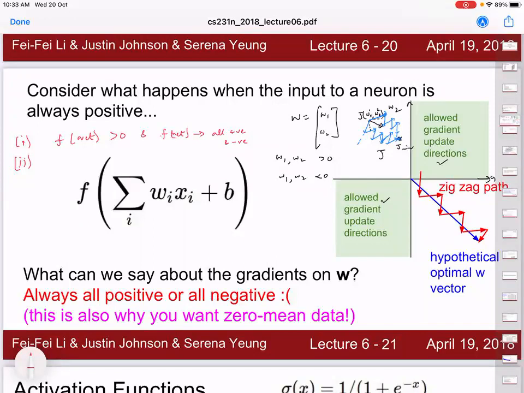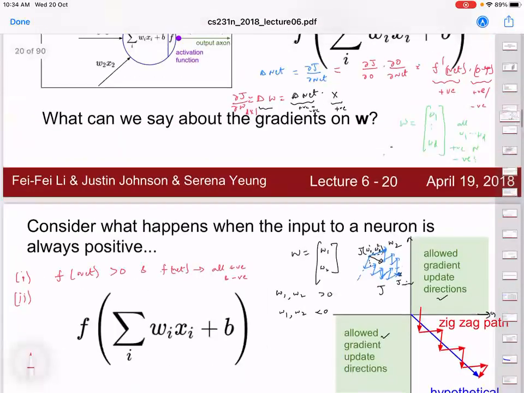Even if we take f of net positive and negative, this will still have a constraint. This is more helpful, especially if we take multiple neurons, because some will be positive, some will be negative, and so on. But in this case, even if f of net is both positive and negative, delta net will still be either positive or negative finally. So it doesn't solve the problem here. Correct? So what's the next solution?